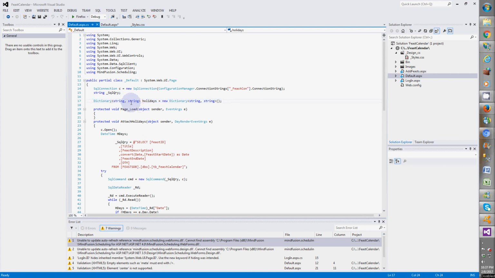Then you name it, which is holiday. That's what I call it, because this calendar is for some holidays. All right, and equal new Dictionary string, comma string. So basically, what that tells you is that the information that will be passed to the calendar will be string. Okay, it will be string. So now, once you get this piece of code done,